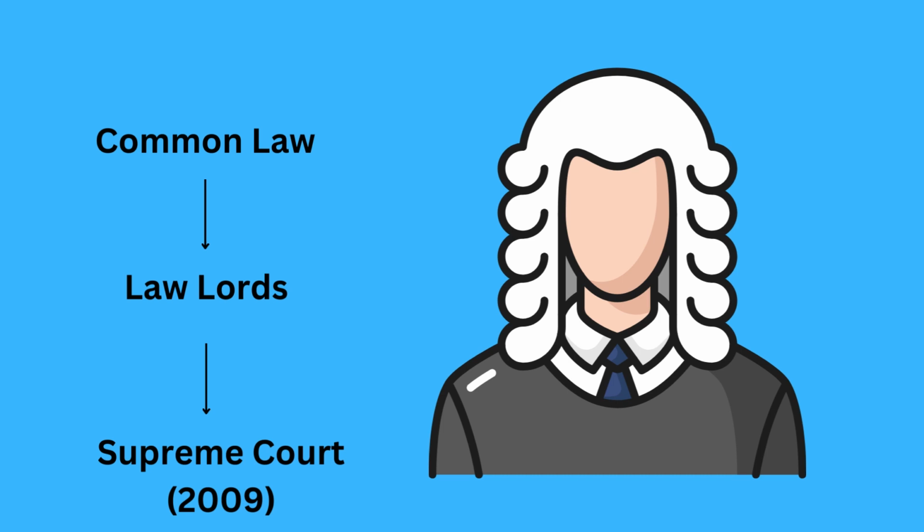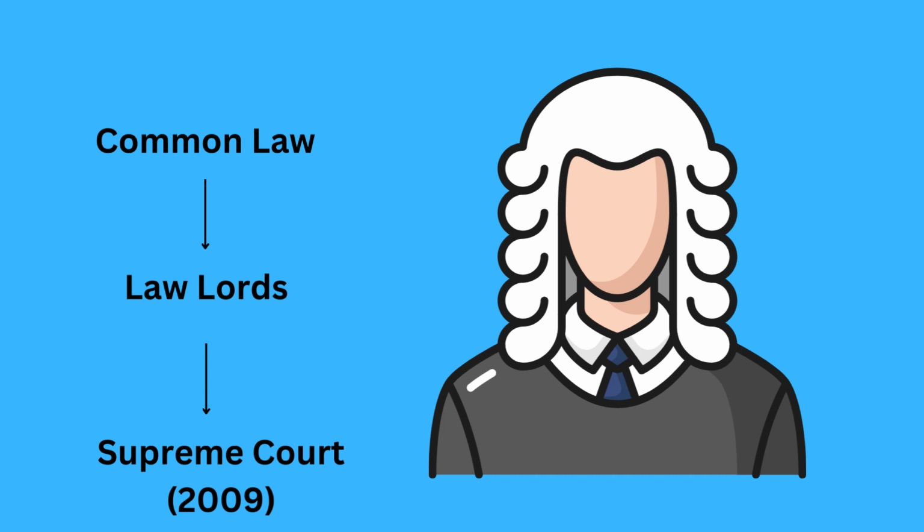Until 2009, a group of members of parliament from the House of Lords were the highest court of appeal in the land. You couldn't go beyond that. These were called the Law Lords. But in 2009, Great Britain established a Supreme Court, and its sole function is really to be the highest court in the land, the last court of appeal. And its power is a lot less than the Supreme Court in the United States. So be a little bit careful about the name. It's not there to act as a check on the decisions of Parliament.